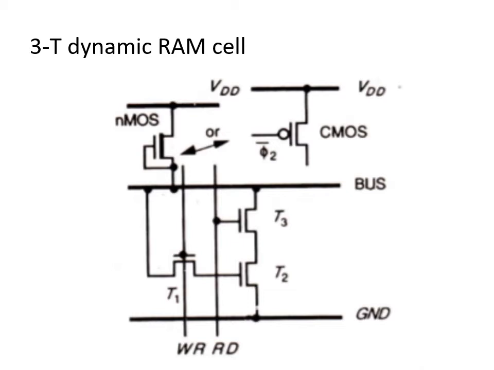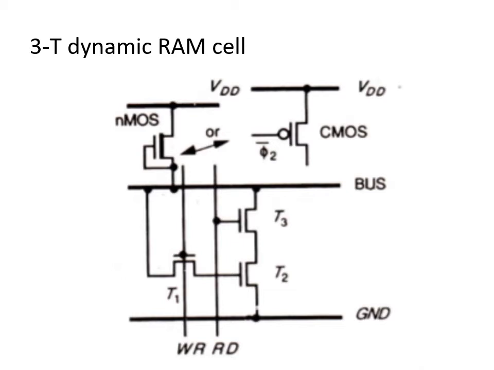Suppose 0 is stored in the bus. Okay, suppose we are writing 0, that means 0 is passed through the bus, and T1 acts as a pass transistor, and that 0 will be stored as gate capacitance. Okay, this is for write operation. For write operation, we are using T1 and T2. T1 is used as a pass transistor, and T2 is used for storing the charge. It can be either 0 or 1.